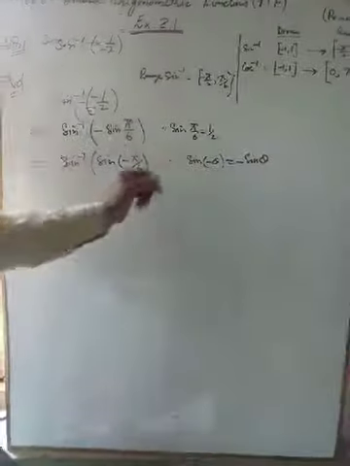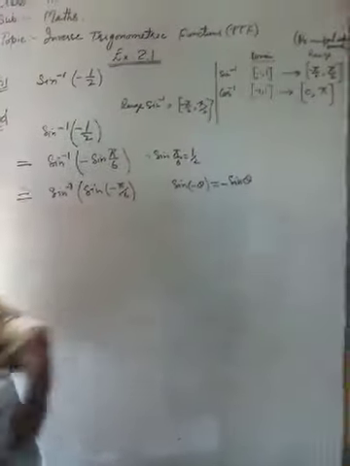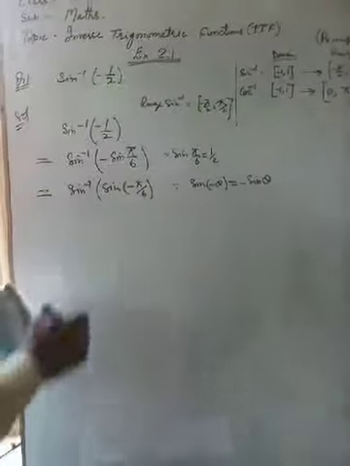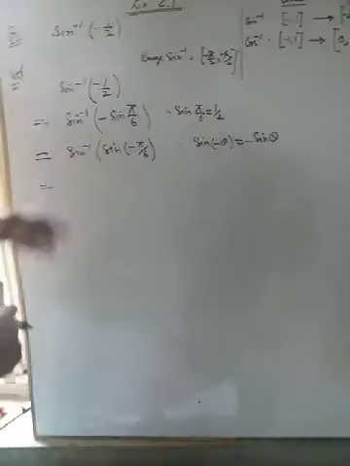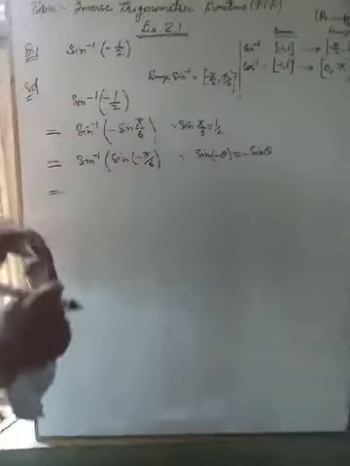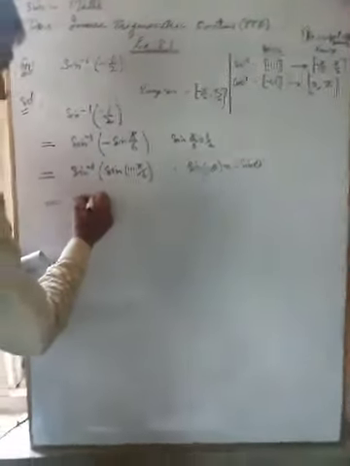This you should know: sine of minus theta is equal to minus sin theta. Now this is equal to sin inverse sin of -π/6, which is equal to -π/6,